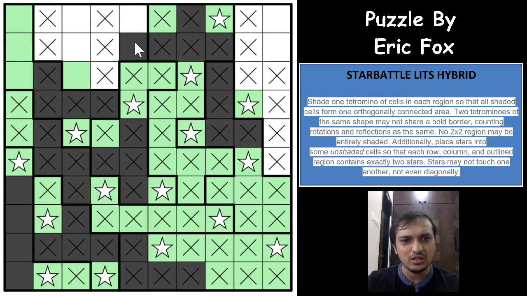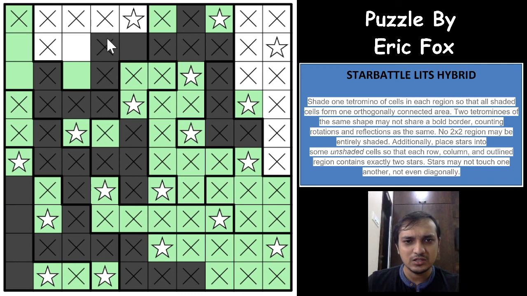and the connection will be from here. And if you have the connection from here, before that we can mark the star here. So these 2 cells had 1 star here, and this would have to be this star now, and this is a star here now. Now if you see here, if you have connection from this cell, you again form a T here. You already have 3 cells here, so if you shade this cell, you again form a T here, or if you shade this cell, you again form a T here.